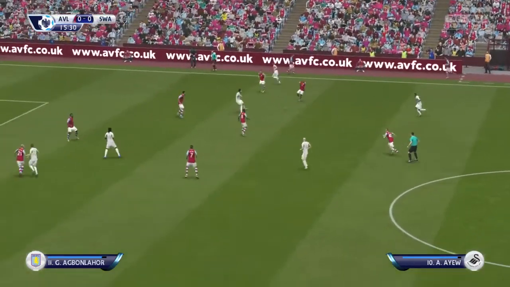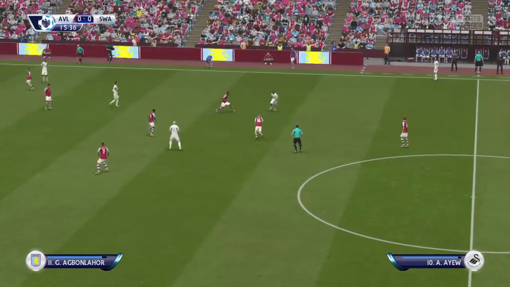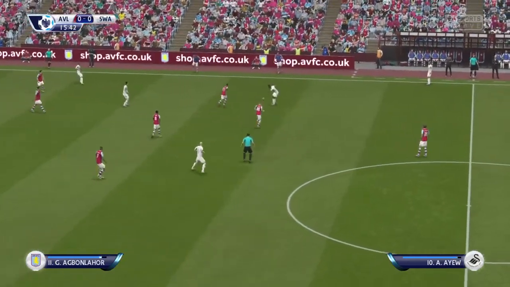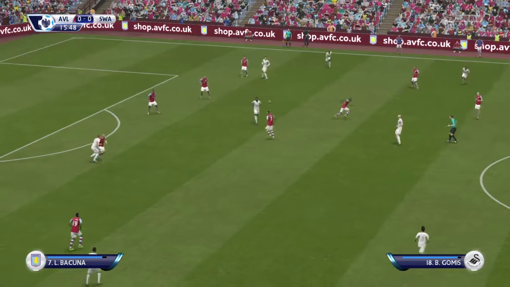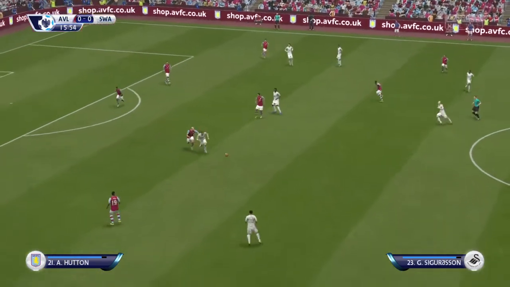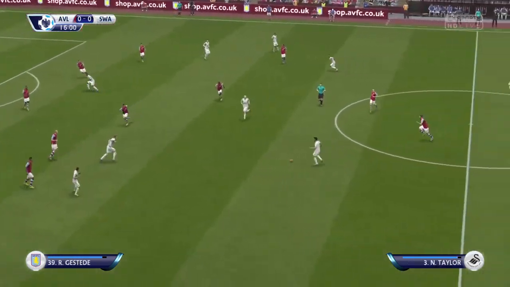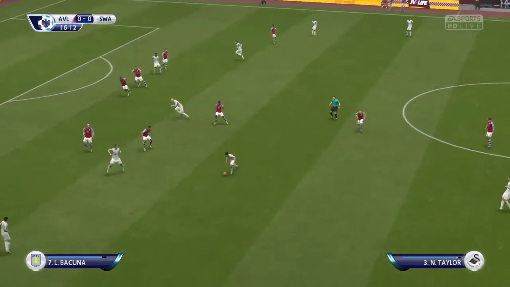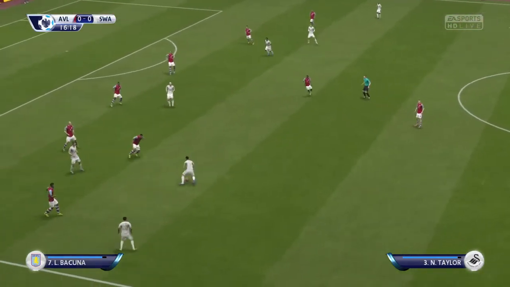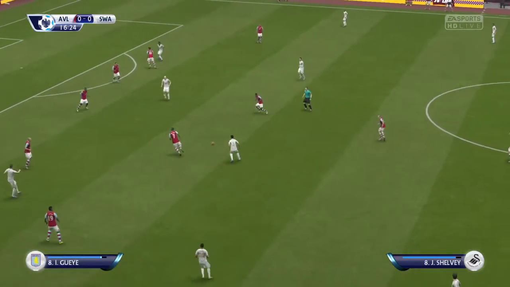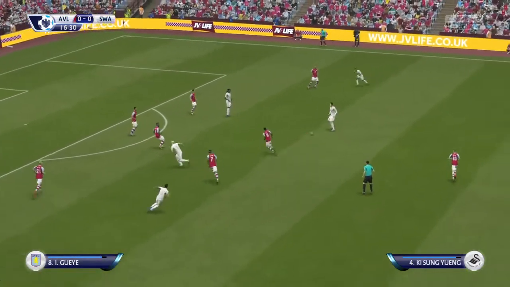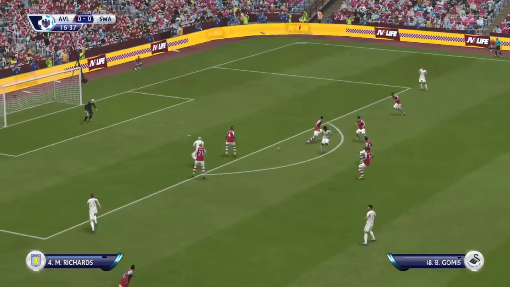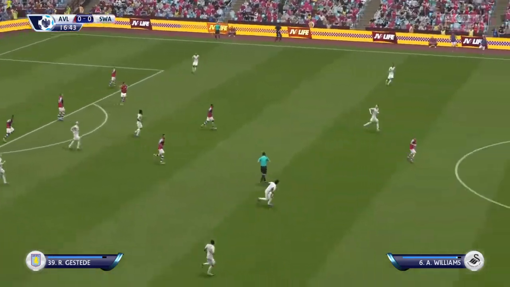Now they've got a chance in this part of the pitch. It's a cross from Ayew. Well, they got it wide very well, a chance to get the cross in, but it's not turned out to be a very good delivery. Now he's got the ball back. Jonjo Shelvey. Good distance to the clearance then.